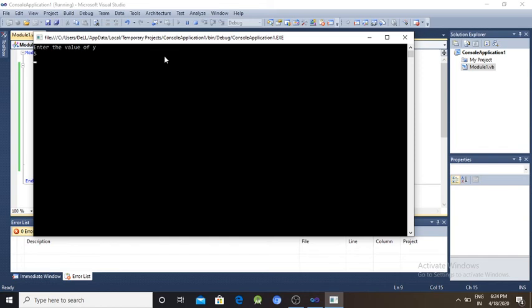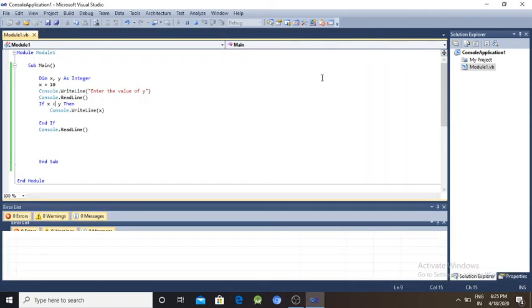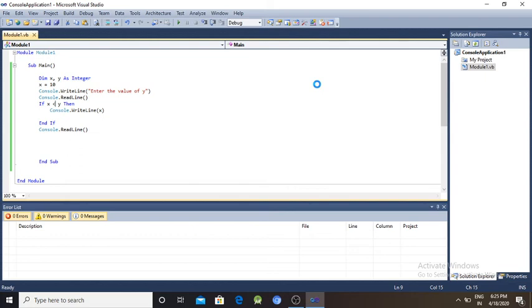So the condition is false, so it will not execute, otherwise it is skipped. So nothing will be printed, and it displays the output. Okay, it is very easy, the simple if statement.